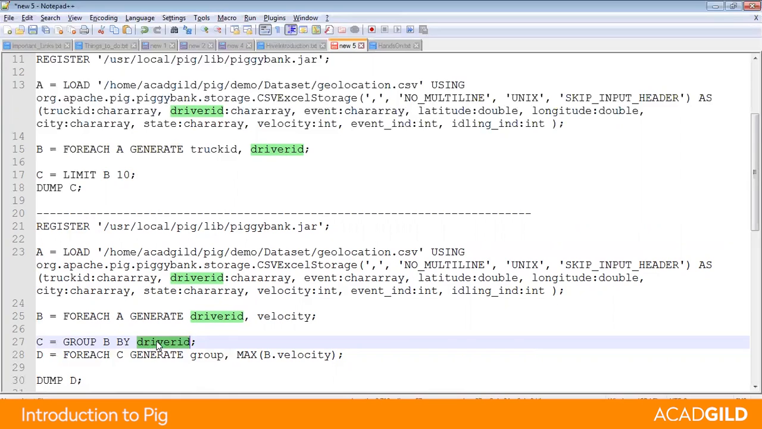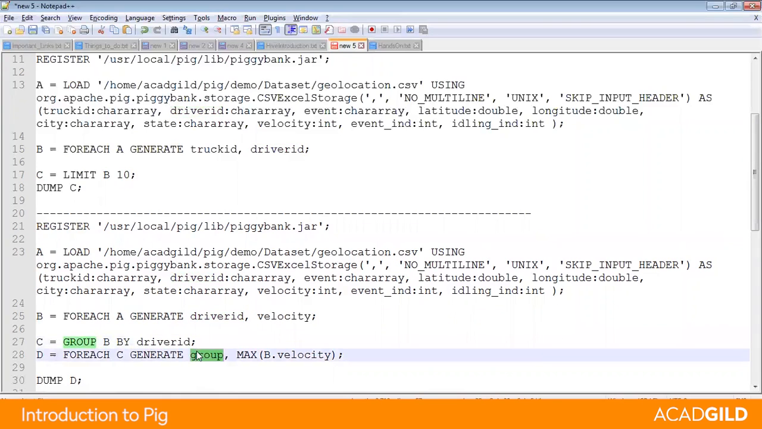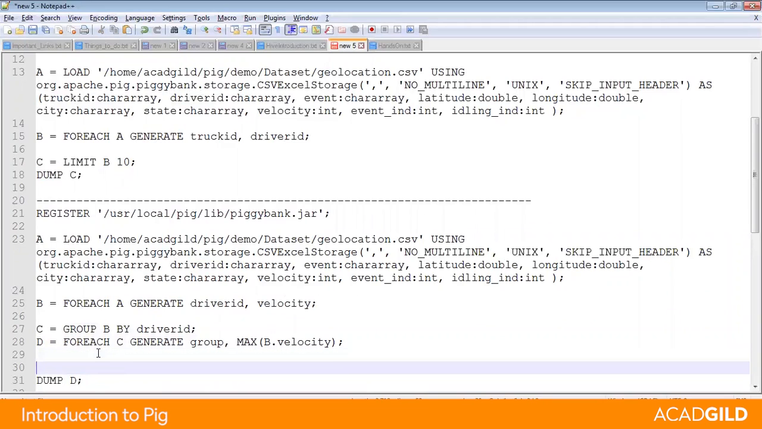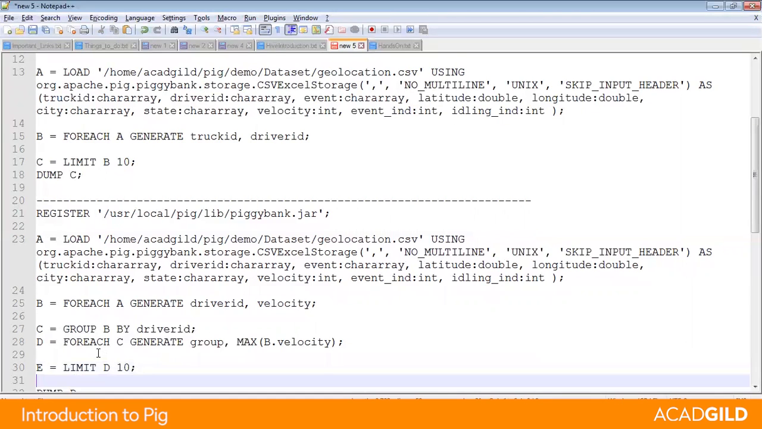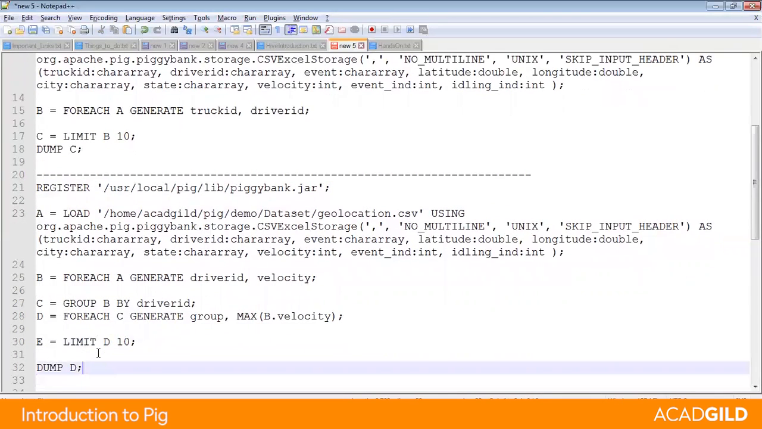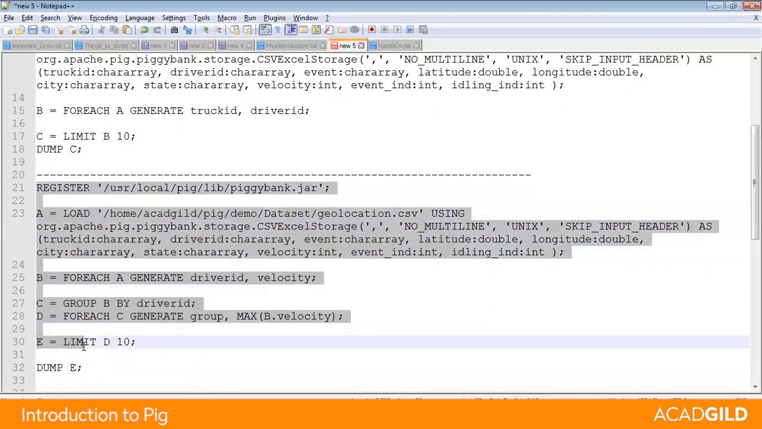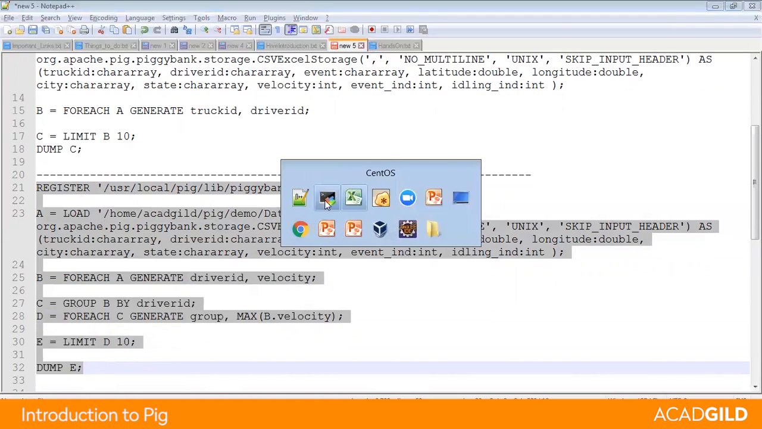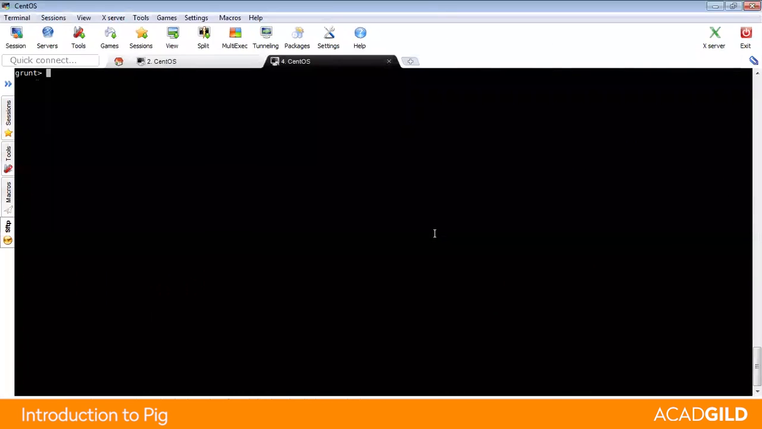After we group by on the driver ID, we generate the group. Group is the driver ID on which you are performing the group by, and the max of the velocity. And then finally we are going to dump it. Optionally, you may also write here E is equal to limit D, say 10. And you can dump E if you want to restrict your entries to a small number of records or a small number of tuples. If you do so and execute the same,